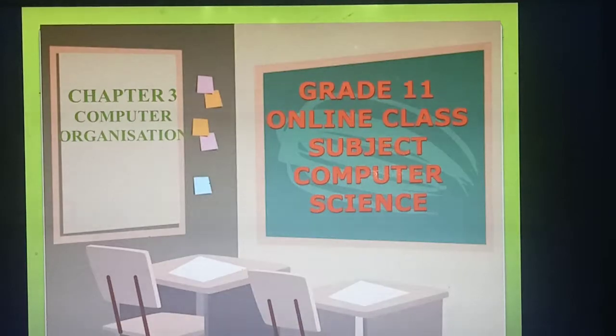Okay, so now we are studying chapter 3. What's the title of your chapter? Computer organization, isn't it? What things have you studied in this chapter? Just recall. You have studied the characteristics of microprocessor. What are they? Clock speed, instruction set, word size, isn't it? Then types of microprocessor, that means which criteria they may be classified on: data width and instruction set, isn't it?